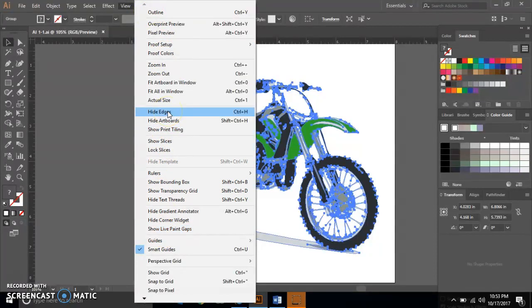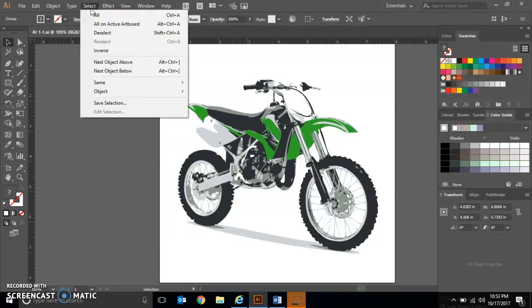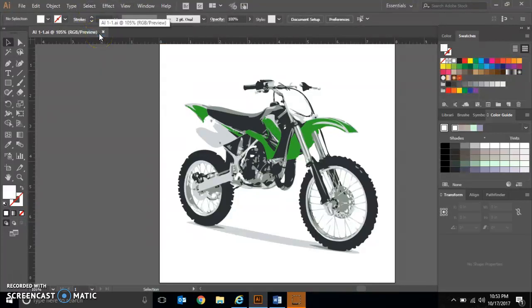And our short key is going to be Control H. So let's go ahead and just click using our mouse on Hide Edges. So that is going to change the view of what we're looking at. So then we're going to go to our Select and our Deselect option so that those outlines or edges are